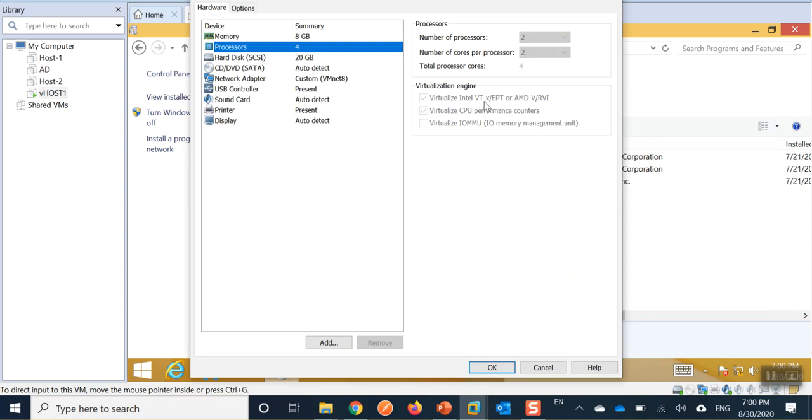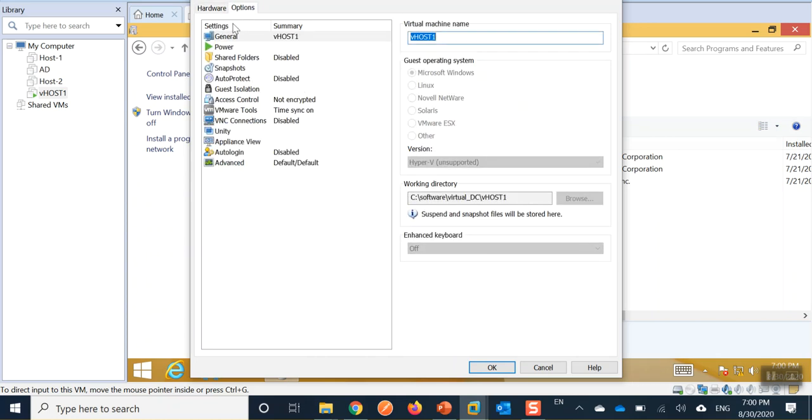Virtualize Intel VT, which is equivalent to what you do in your physical environment when going into BIOS and checking virtual Intel VT, and you select virtualize CPU performance counter. Once these two things have been selected, then you go to the options, and on the same page in the options you just select